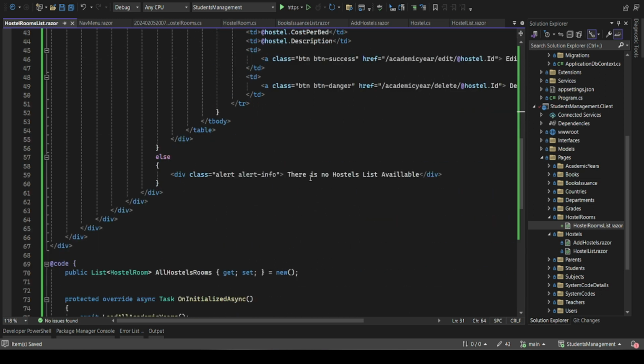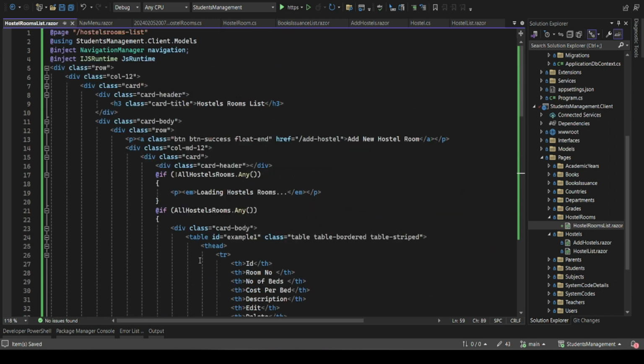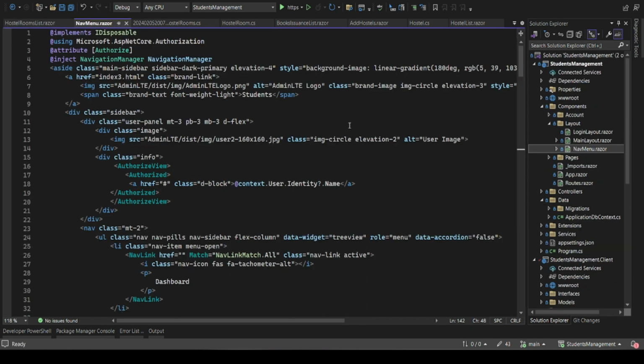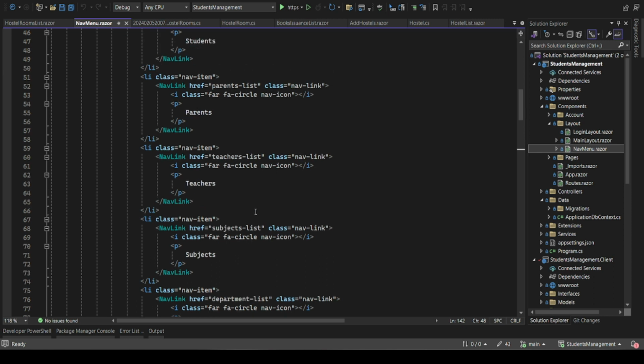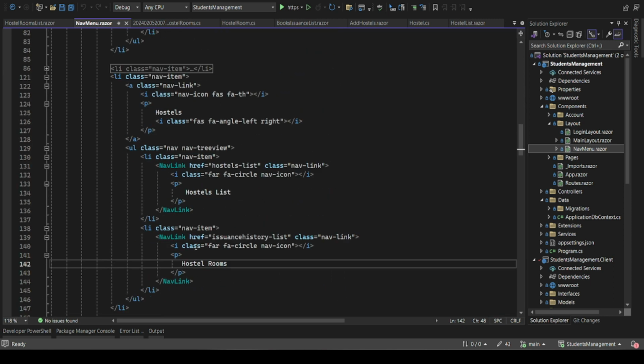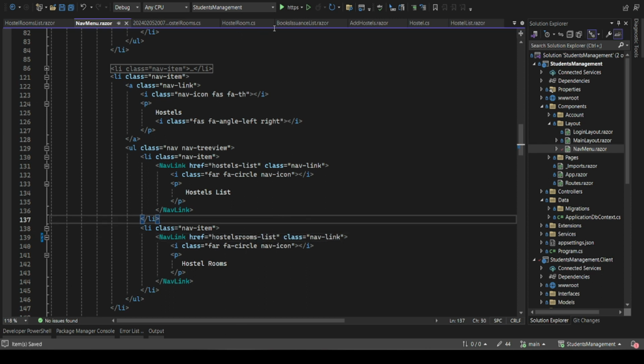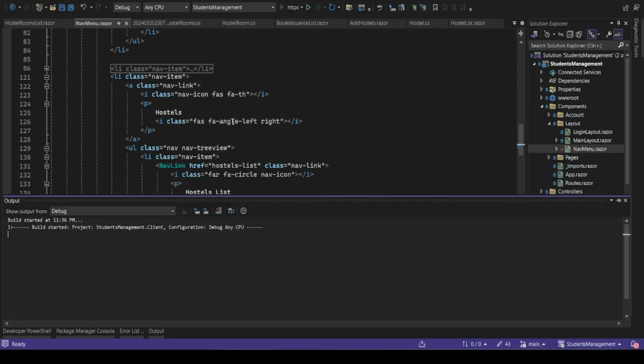Then here we'll say if there is nothing, so you can say there are no hostel rooms list available. If we do that, I'm now going to have my hostel rooms list on my navigation menu. So I'll go to my navigation menu, and within our hostels category, I'm going to add hostel rooms. I'll just copy this, then I'll say hostel rooms list. So if we launch our app, we should be able to access that list, and we should see our